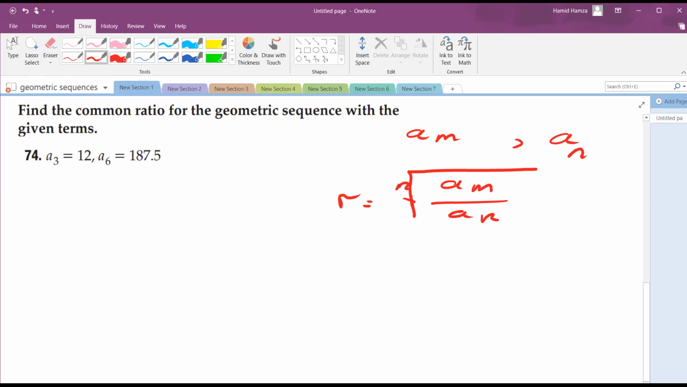As N minus M. So M minus what? M minus N like this. This is the index of what? The index of the root. So equals. And so the common ratio,